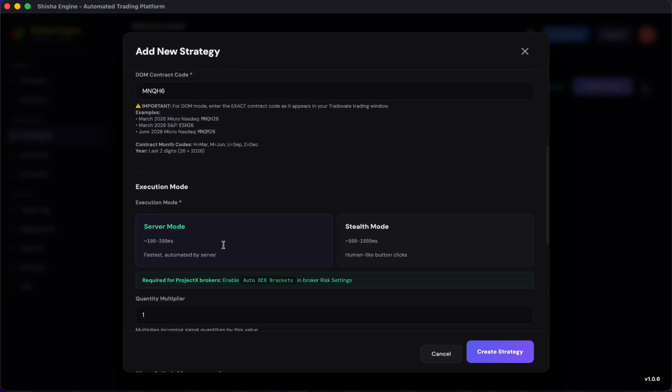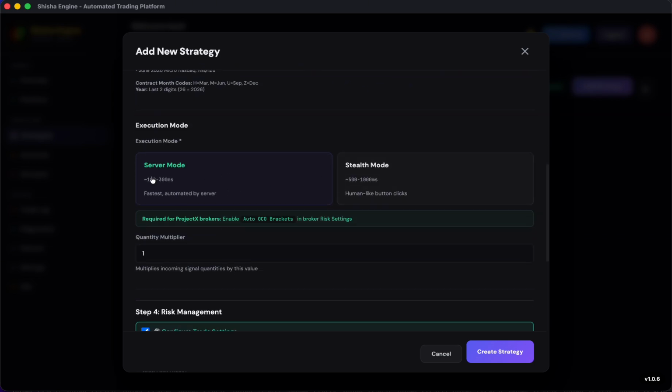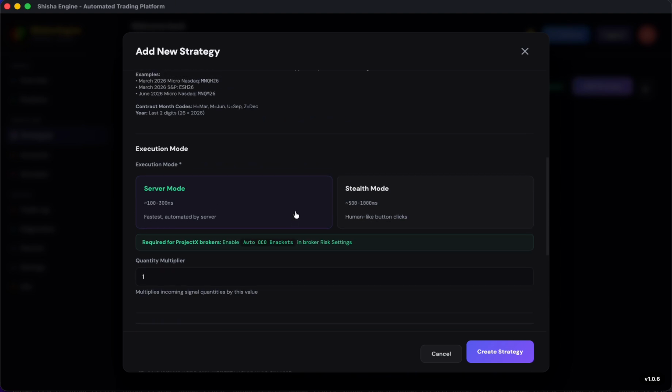I chose NQ by accident. So here you have two modes. You have server and you have stealth mode, right? I already explained this, but all the documentation is on our site. Feel free to see anything you want to understand in more detail on our site, shishatraders.net, and you can find them in a very nice